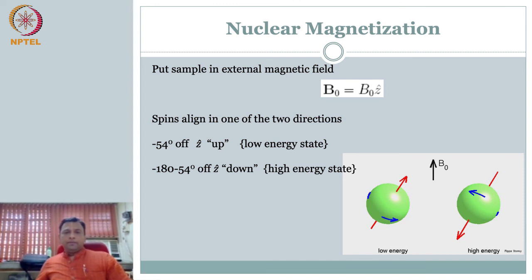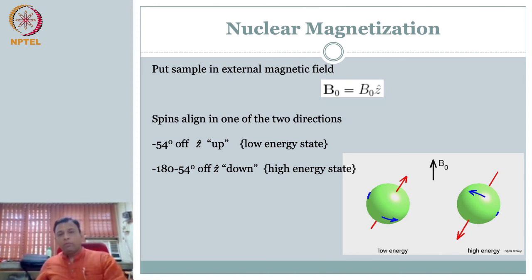What we are interested in is not just one nucleus. You're not subjecting one nucleus alone to the external magnetic field. You have a volume, so there are going to be many of these. We talked about everything being random initially, and therefore the net magnetization is 0. But now you understand the concept. If you have many of them and you supply B naught, then all of them are going to try to align either in the plus or up direction or in the down direction. Of course, nature has its preference, and therefore there is a small preference towards the up.